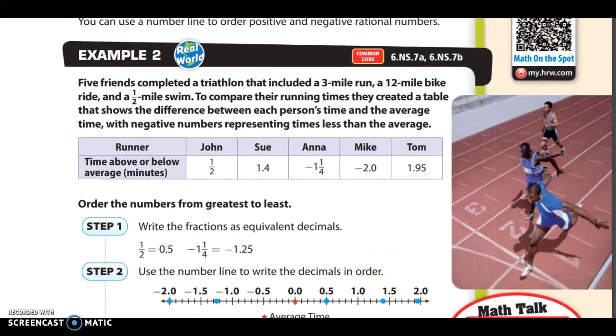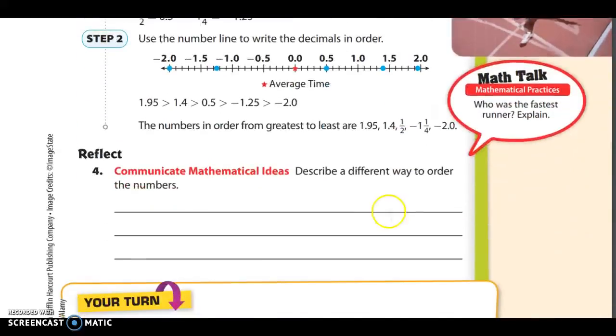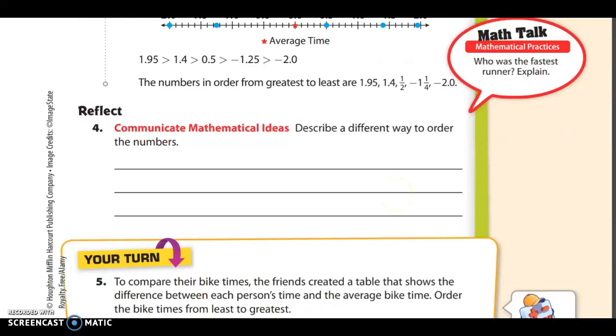If we really wanted to, we could have, instead of converting 1/2 and 1 1/4 to decimals, converted the other ones to fractions. This one could be, and this is probably not the better way, 1 and 4 tenths. And you could have made this one -2 wholes. And you could have made this one 1 and 95 100ths. You could have done that. So I'm going to use that as my answer for describe a different way to order the numbers. If you wanted to,